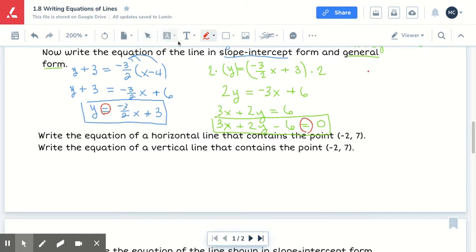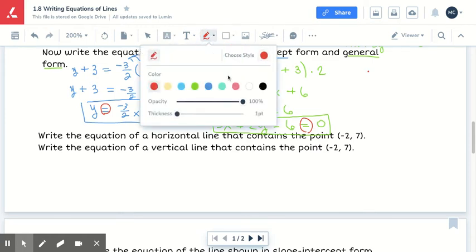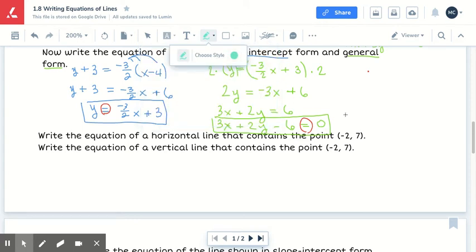Okay, next up, we've got horizontal and vertical lines. They want us to write the horizontal and the vertical line through a single point. So I'm going to do this, I think, by sketching a little picture. I'll sketch my picture down here. So here's a coordinate plane. I'm going to go ahead and plot this point. So negative 2, 7 would be, and I'm just kind of